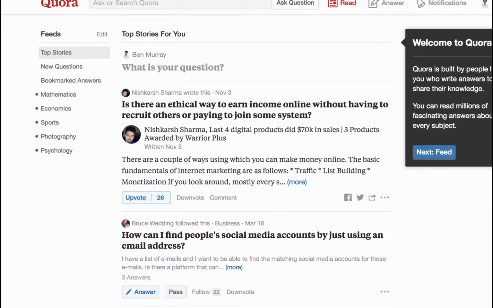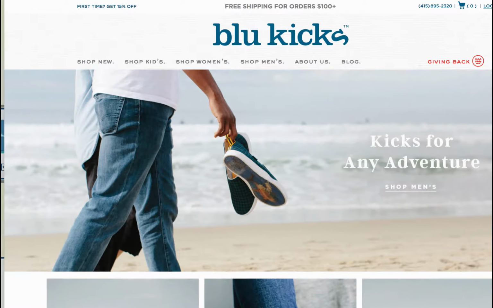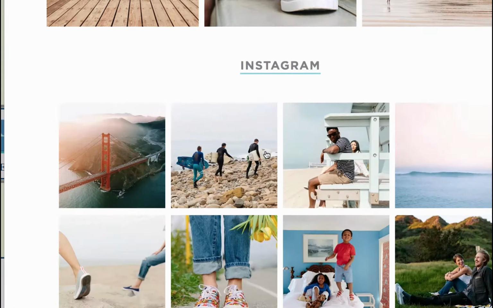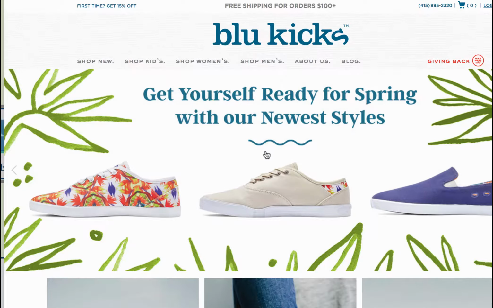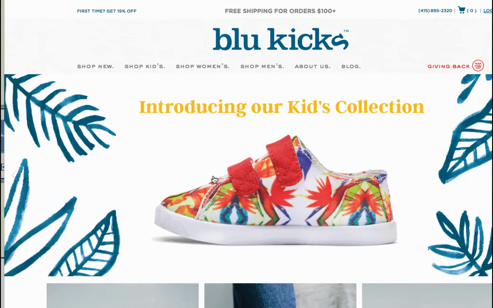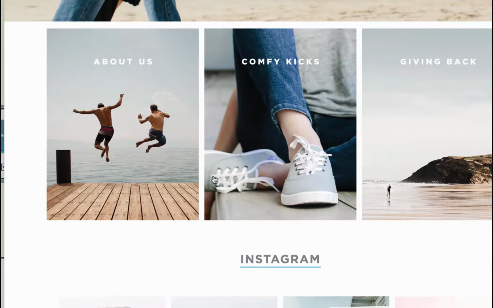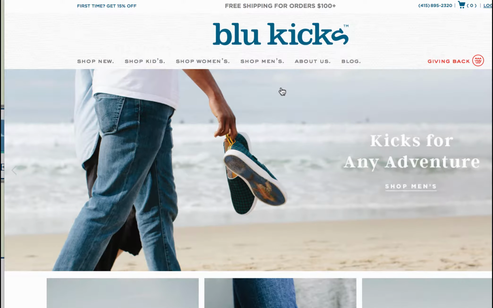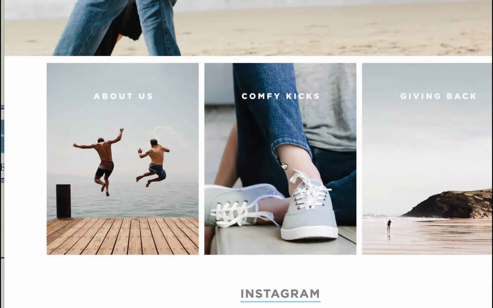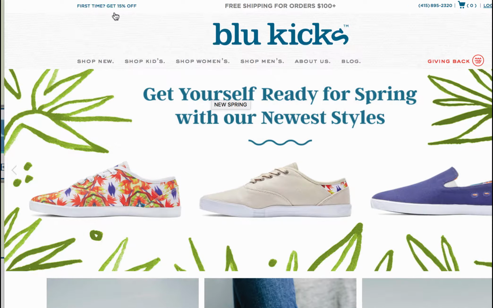Now, some other examples out there. Here's one that's been doing really good. It's a store called Blue Kicks, and it's a website that sells just blue shoes, or at least that's what it kind of started as. So it took a sub niche of a bigger industry, the shoe industry, and decided to do just blue shoes, and then even that, now it's actually a specific type of shoe that was more comfortable, wasn't really athletic, and that's how they started. It's a very sub niche within a niche.